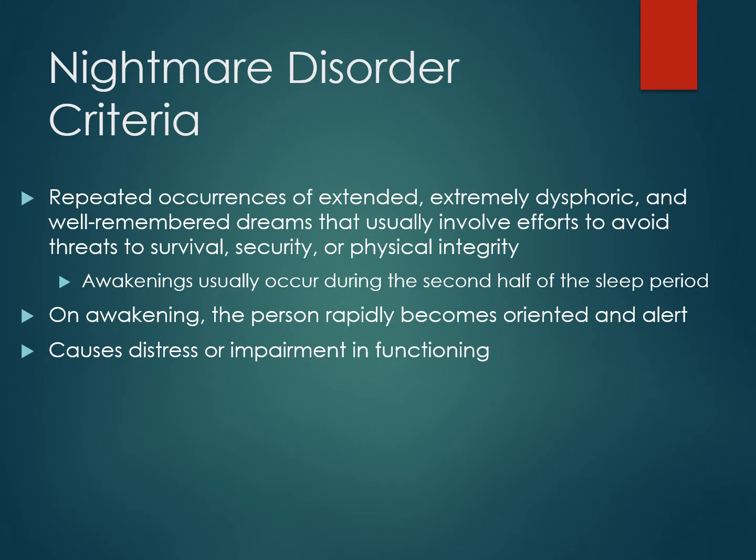Finally, we have nightmare disorder. This disorder occurs when someone repeatedly wakes up in the night due to the experience of vivid and detailed frightening dreams, usually involving threats to one's survival, security, or self-esteem. These awakenings generally occur in the second half of the sleep period, when they are more likely to be in REM sleep. Remember, we only have really vivid dreams that follow a storyline during REM sleep, so nightmares occur during REM. When people wake up from nightmares, they are immediately oriented and alert.